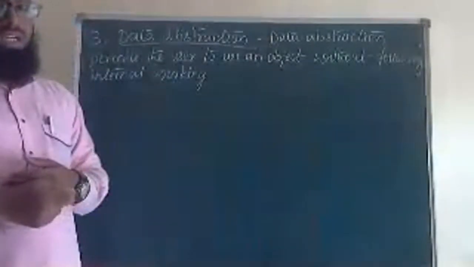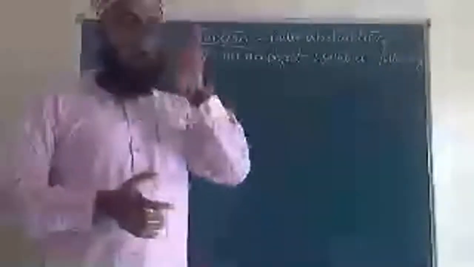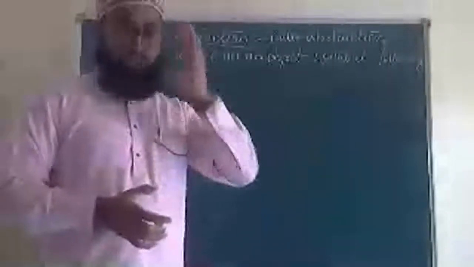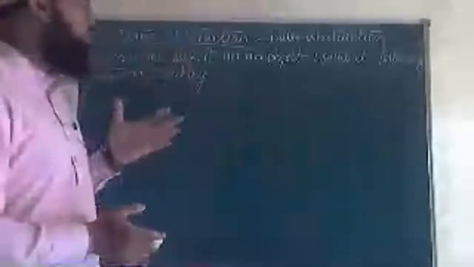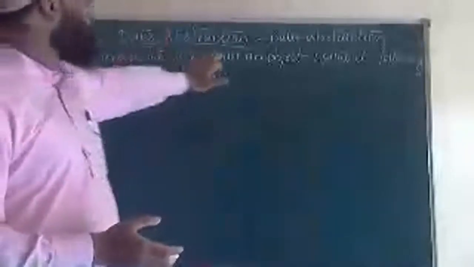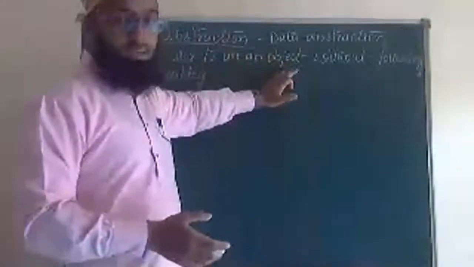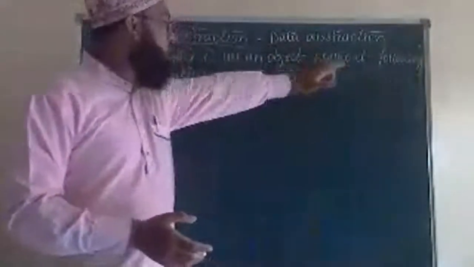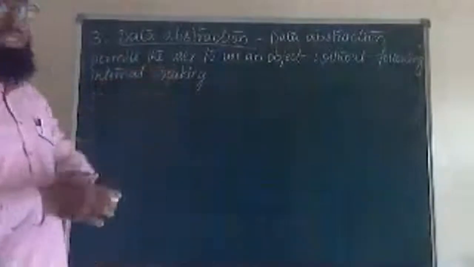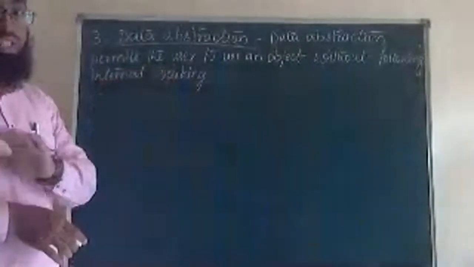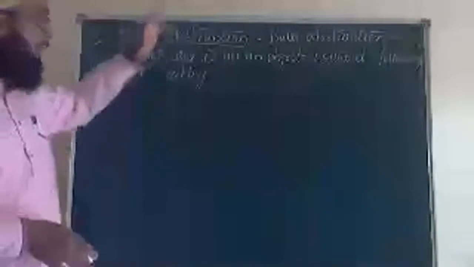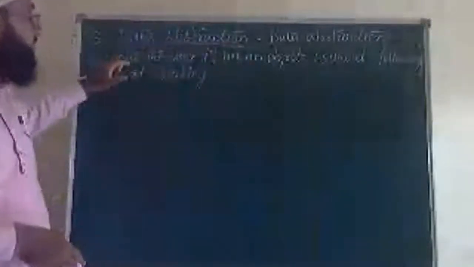Abstract means it will give a sketch of data. An abstract view. So thinking of data like this is called abstraction, an abstract view of data. It will permit the user to use an object without following internal working. How it is working internally, no need of that. Without following that, an object can be used by the user with the help of data abstraction. Okay, next it says